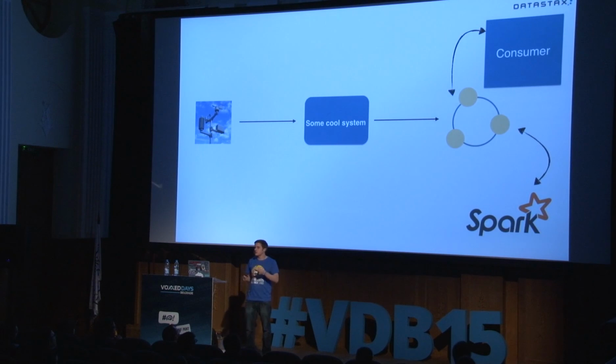Over the last three years or so, I've moved to being able to do batch analytics directly on my operational database. So taking that data, running something like Spark, it doesn't really matter what the technology is, and then doing things like you would be able to do natively inside a relational database, building up reports, doing group bys and aggregates. But because we're dealing with larger data set sizes, we're going to use something like Spark, which, if you've been to the talk earlier today, you know exactly what it is. It's a good way of doing distributed computation across a large data set. And it's really easy to do that on data inside Cassandra.